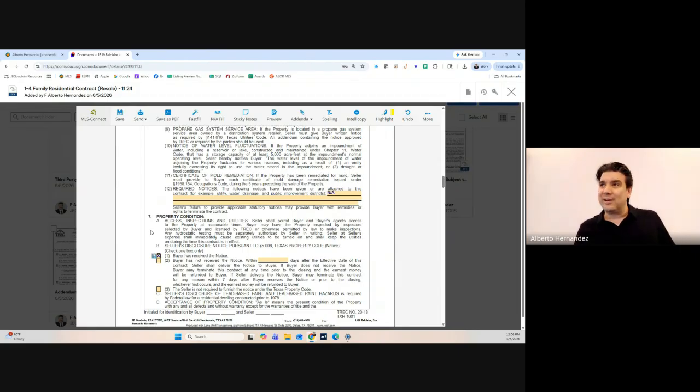What they were doing is creating themselves an option period without having to pay for one. Because if you don't deliver the seller's disclosure at contract and they receive it 3 days, 5 days, 7 days later, they have 7 days to review that seller's disclosure and then determine whether or not they want to terminate the contract. So a lot of people were trying to be cute with this,